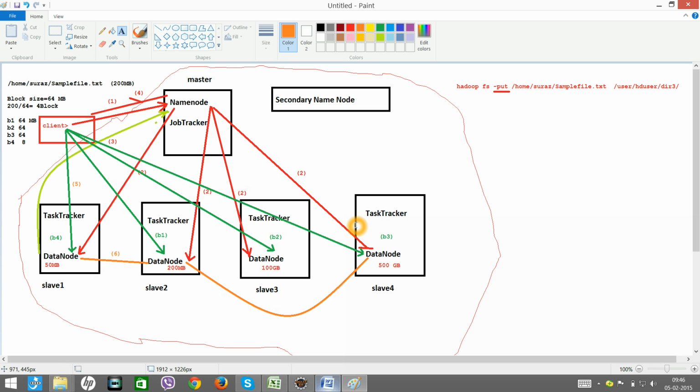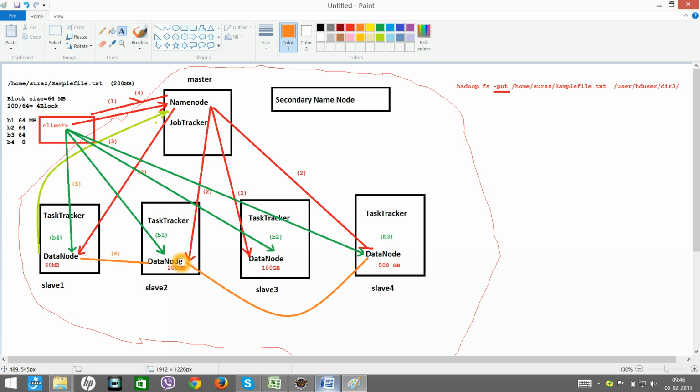Replication factor is 3. That means the data node will start copying this B4 block into 2 more different data nodes. So it may copy here and then here. That depends on whatever algorithm Hadoop is using internally.